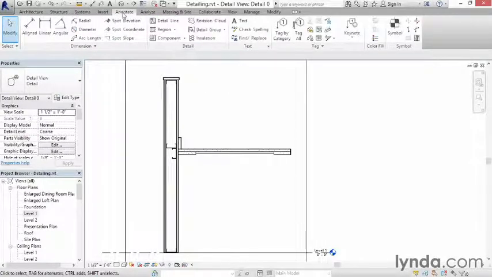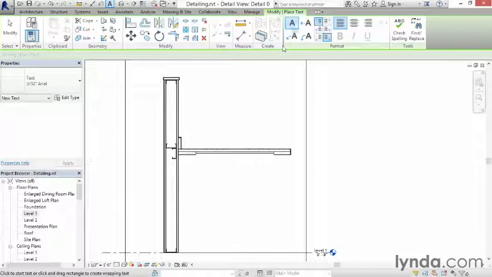So if we go to the Annotate tab, we've got our text tool right here. Now the text tool can be created with or without a leader. So the default doesn't have a leader. And if I just sort of click right here and type in a note, what you want to do is type your note and then click next to it to complete the note. You can see that that will just create the piece of text. Or you can click one of these options here with the leaders, and I'll do this 2-segment leader, and click